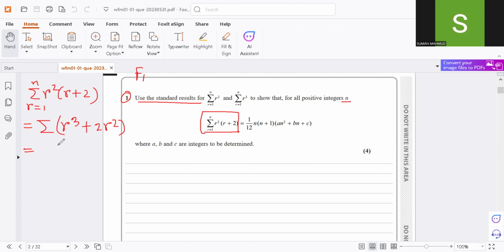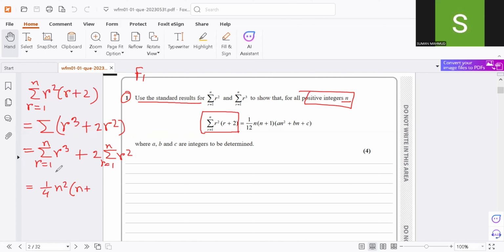So split the sum into the sum of r cubed plus 2 times the sum of r squared, with r from 1 to n. For the first n natural numbers, we know that the sum of r cubed equals 1 by 4 n squared